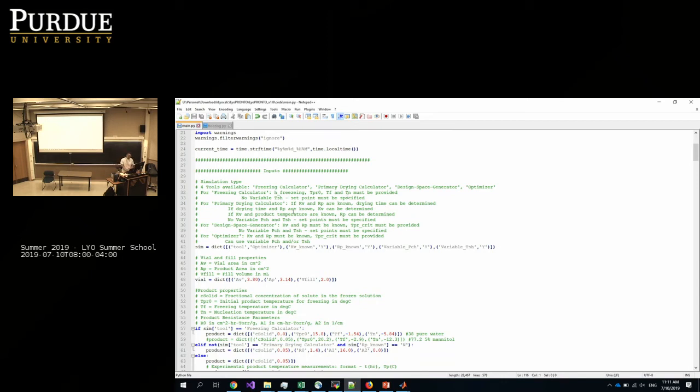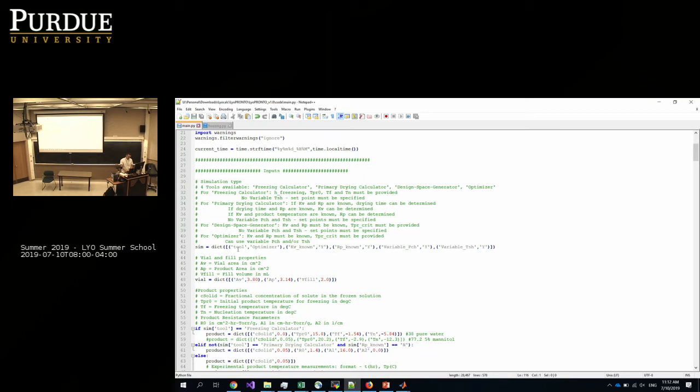The first thing we should do when we open that file is decide which mode we want to operate in. There are 4 modes or tools available: freezing calculator, primary drying calculator, design space generator, and optimizer. So we start with freezing calculator.